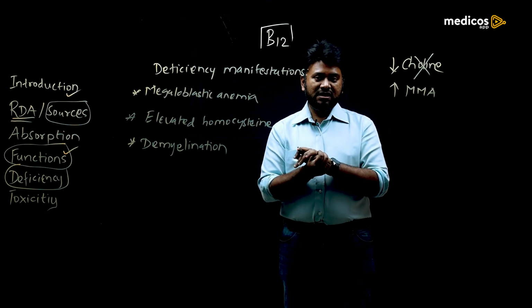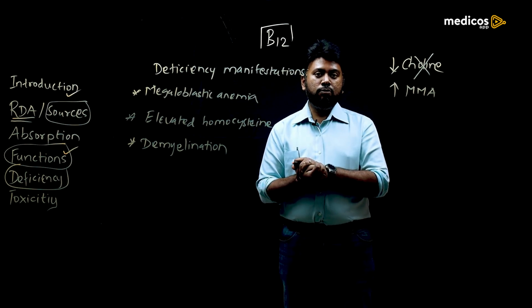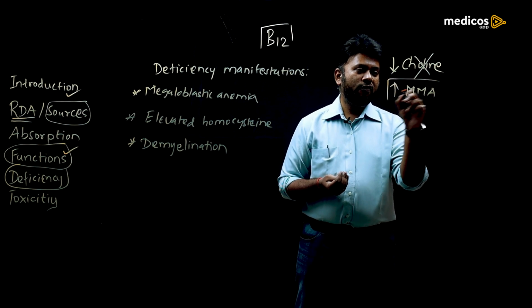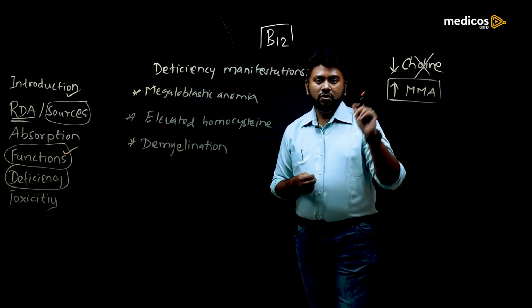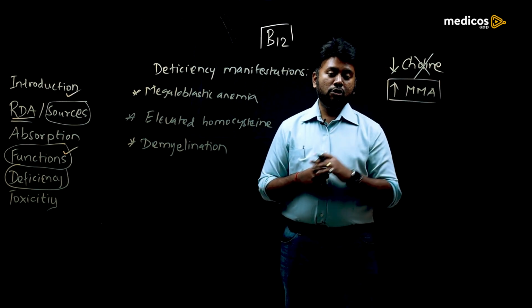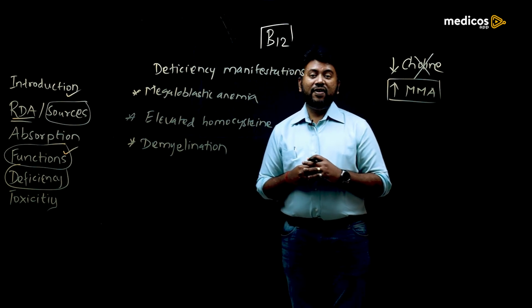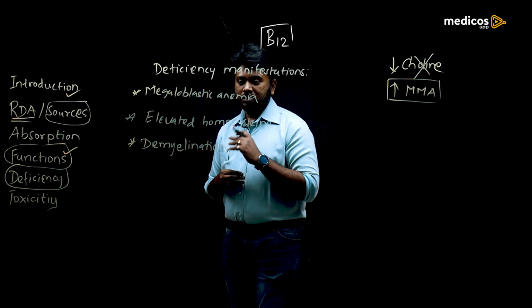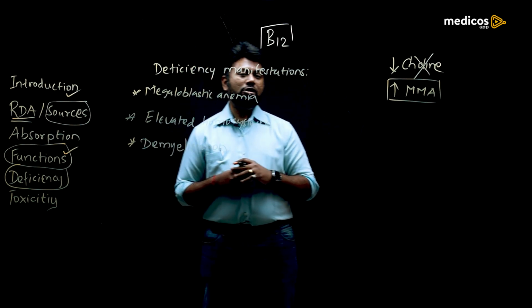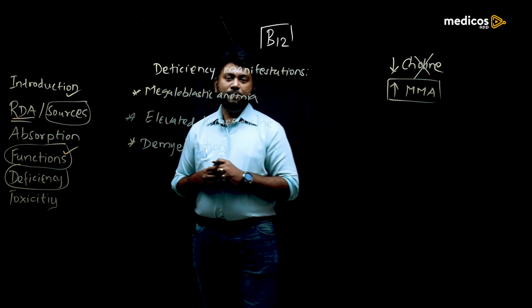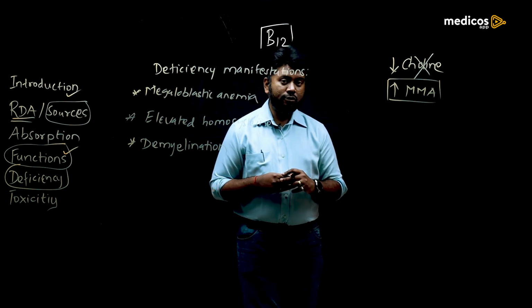So if B12 is deficient, that conversion will be blocked and it leads to the accumulation of methylmalonic acid. This methylmalonic acid, when it accumulates, leads to abnormal lipid synthesis and it can also affect the myelination process. That's why the demyelination and neurological symptoms are more severe in B12 deficiency compared to folic